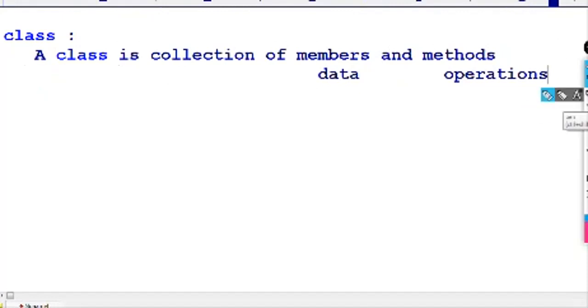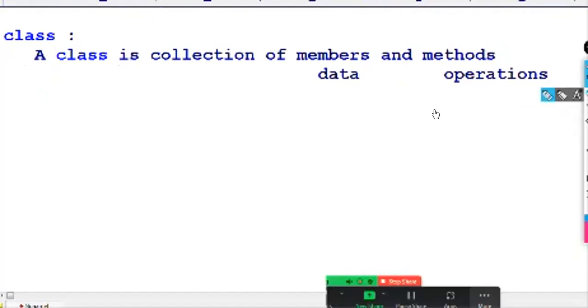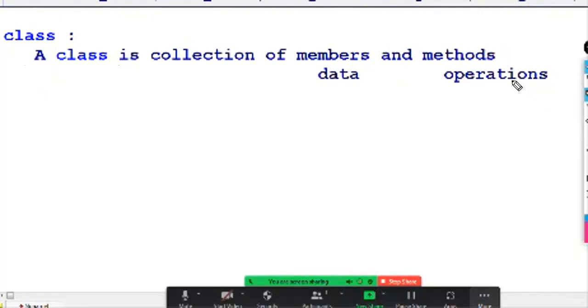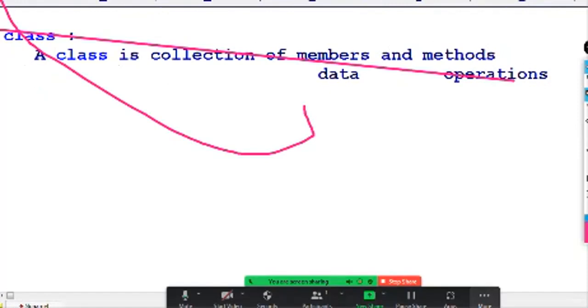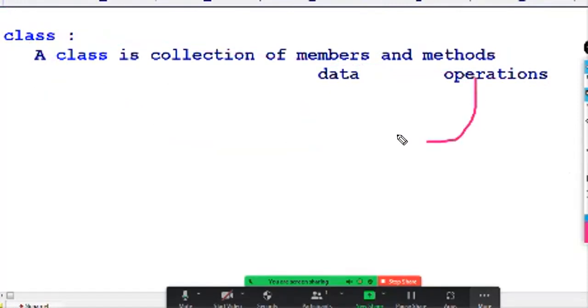These operations will be performed on data, for example to change the data value. So inside the class, operations work on the data, and we have to write several methods. A class contains both data members and operations, and operations are nothing but methods.